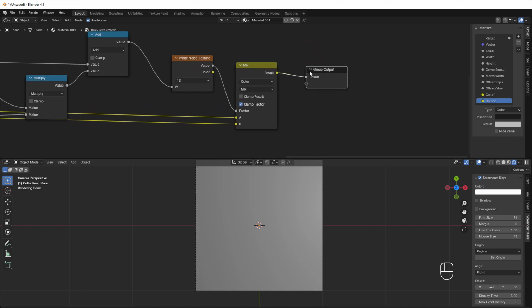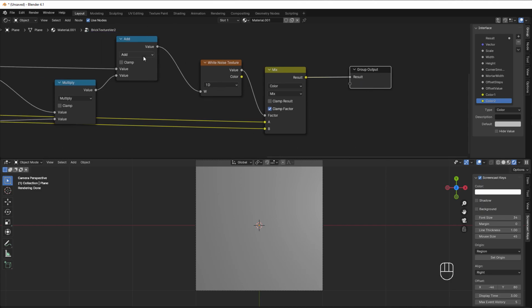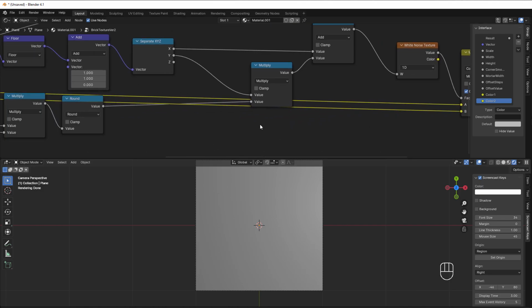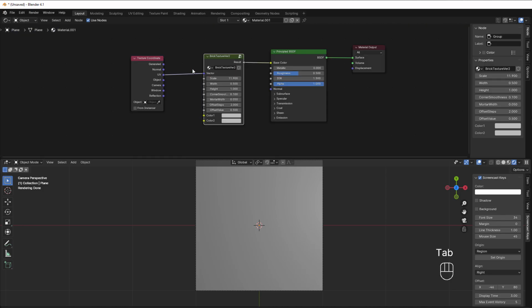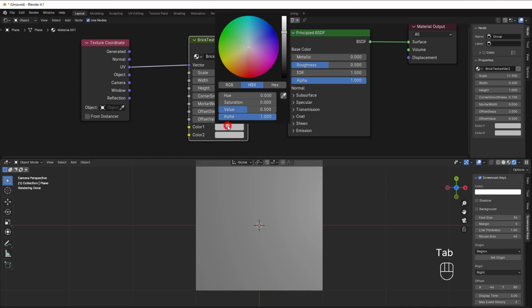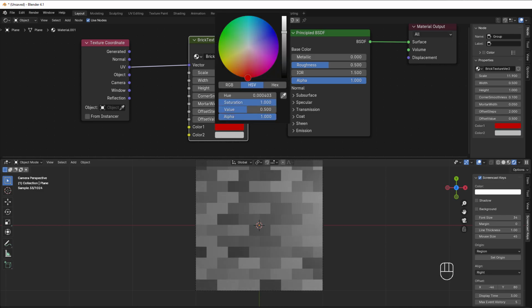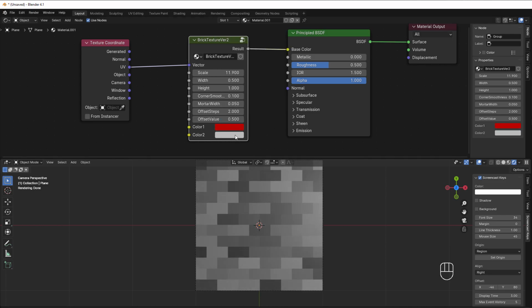And after that, now we only need to mix that with the result here. But before we do it, I would like to add 2 different colors here. So let's go out by pressing group input, pressing tab, and then put this to like red or something like that. And we can use that as white, so that is okay. So now we have different colors, as you can see, and we go back again